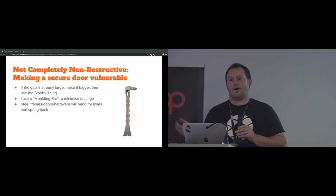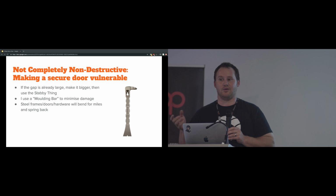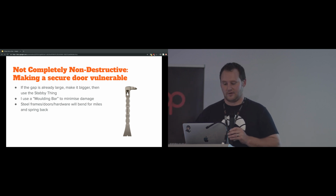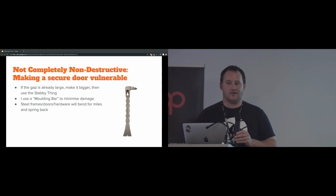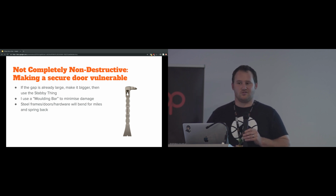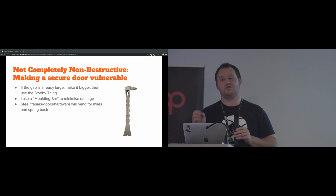Sometimes on doors that are outward opening, they'll have a latch guard plate installed, but a tool like the stabby thing can get in behind there. There's a few other techniques. Sometimes you'll find an outward opening door that has a reasonably well installed latch that won't shim. But often it doesn't take a whole lot to get the deadlocking plunger to pop out sufficiently that the anti-shimming mechanism disengages. And if you don't mind doing a tiny bit of damage to the paint on the door frame,